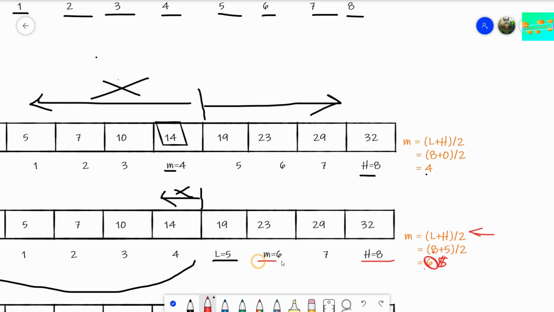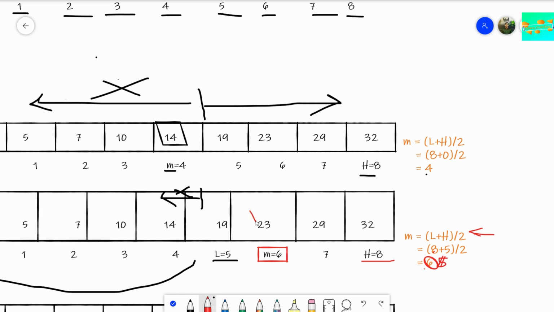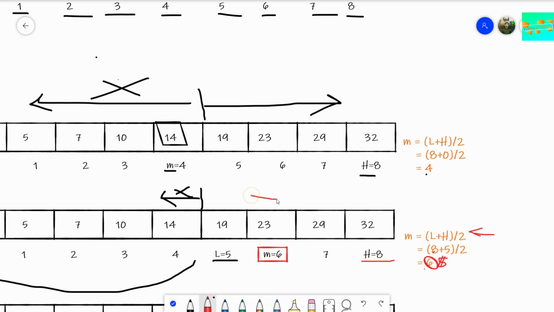So our M became 6. Working on this, we look at the element at M. We have 23 at M.